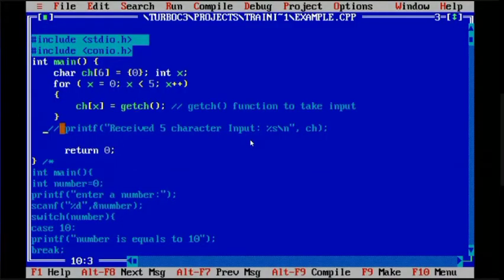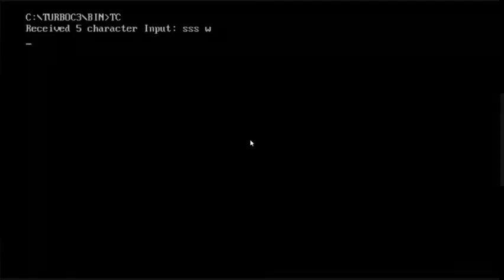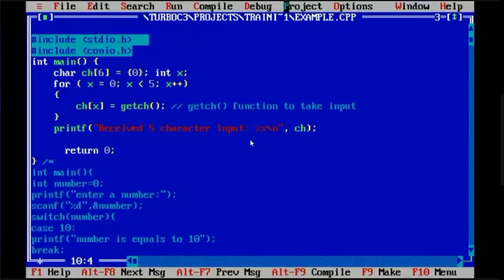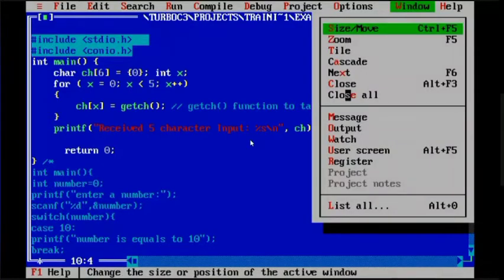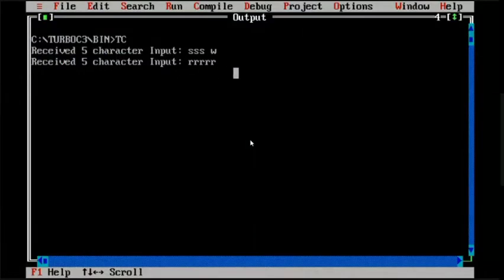If you want to print it, see how you have printed. Printf received characters are, I will show you once. See, I have deactivated that line. I have pressed 5 R, but while I am giving it, could you see this? You could not see this, but it has been taken. Who has taken that? getch has taken.